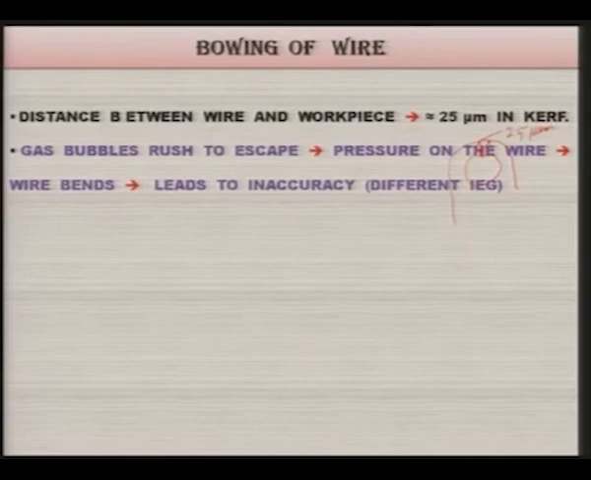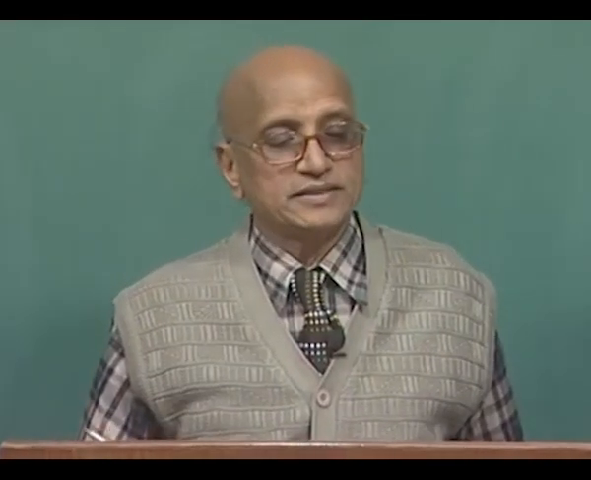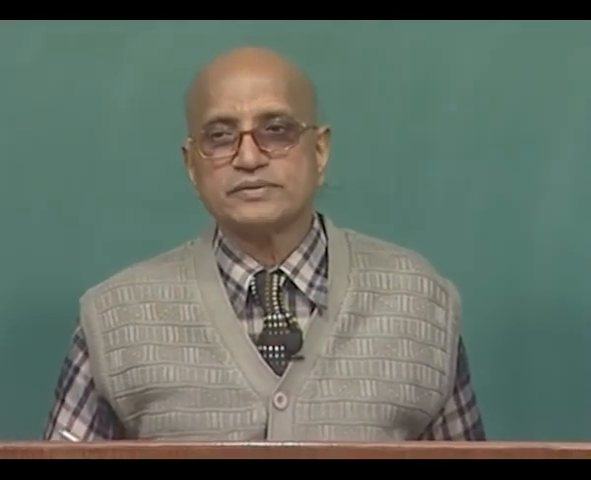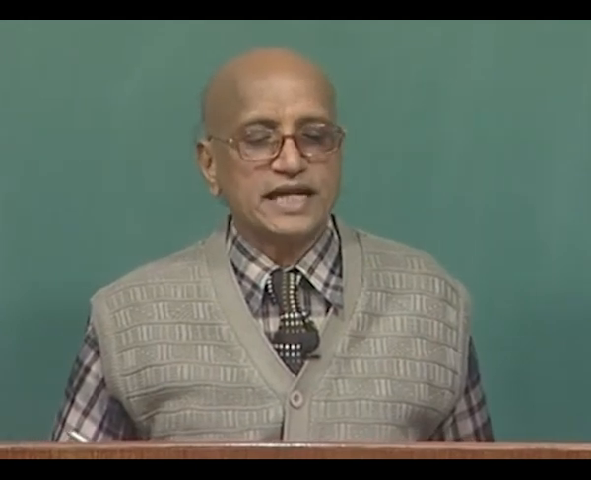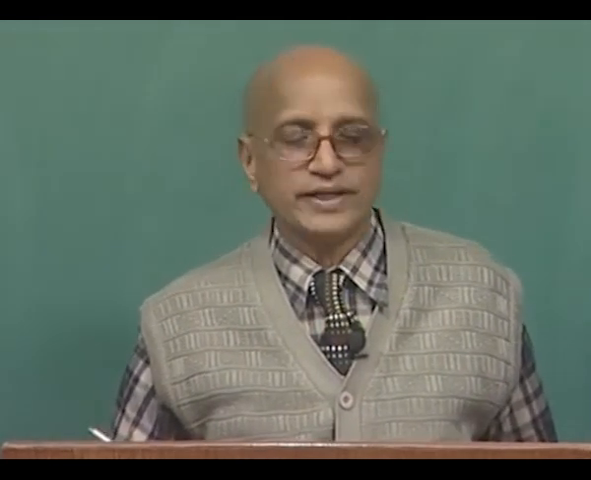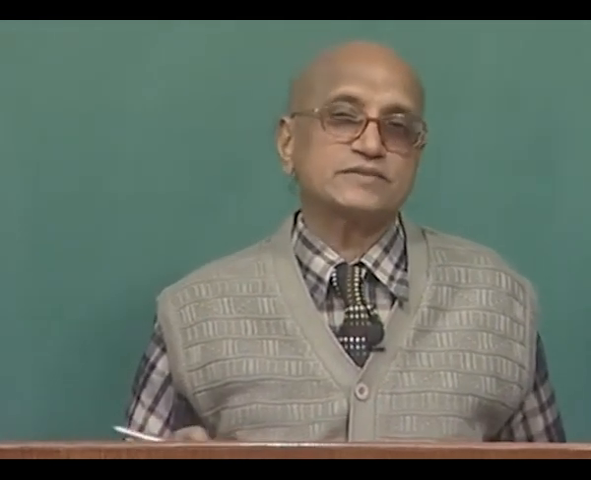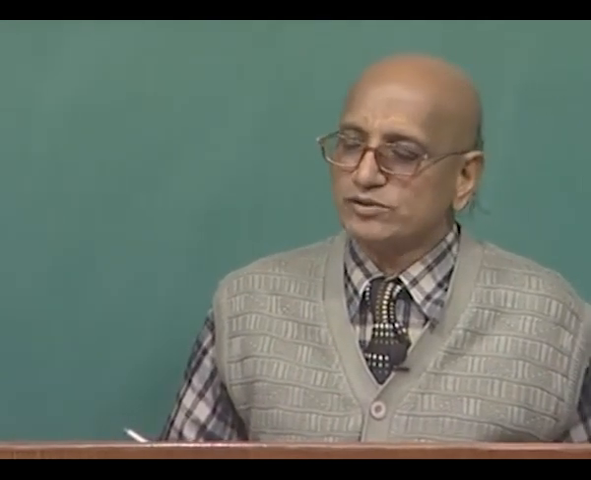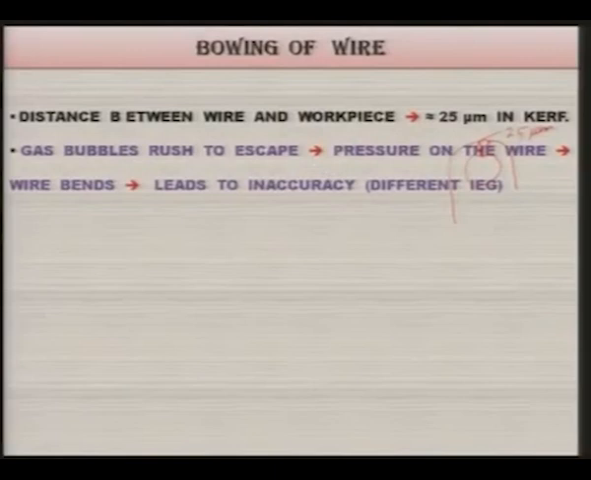The dielectric gets vaporized, and the gases that are evolved during vaporization try to rush and escape out of the machining zone, and as a result they apply pressure on the wire. Once that pressure is applied, the wire bends and it leads to inaccuracy. If this is the side being machined and this is the wire, then when the wire bends, as you can see here,